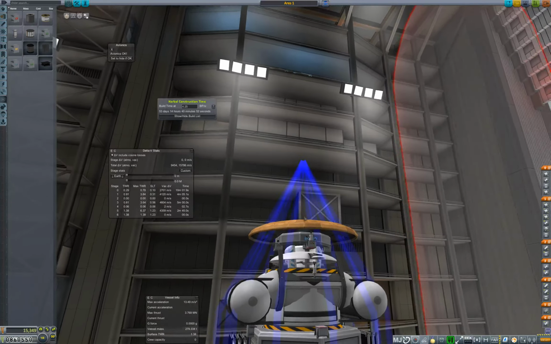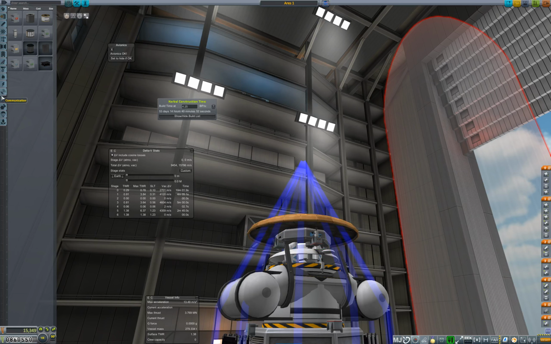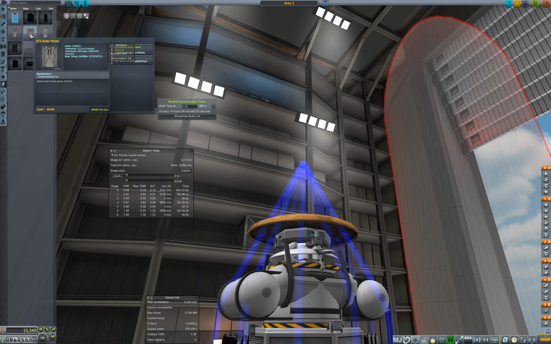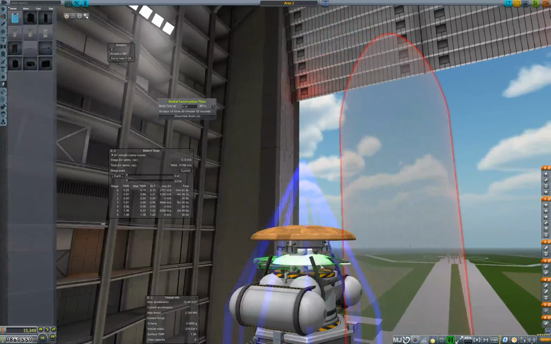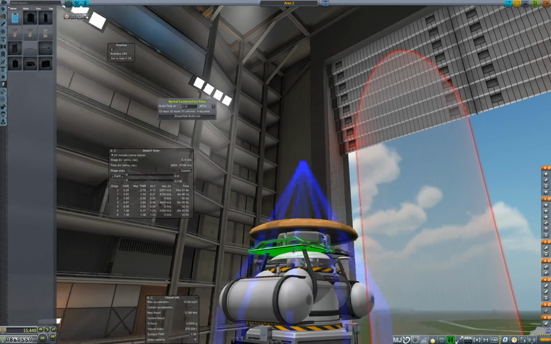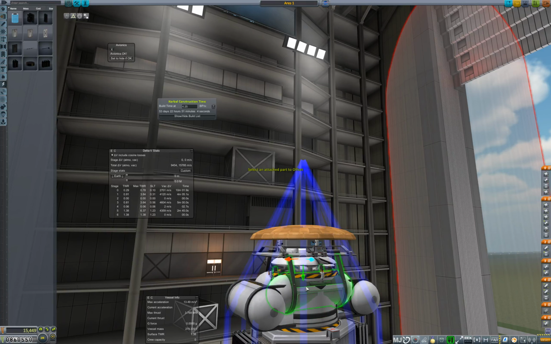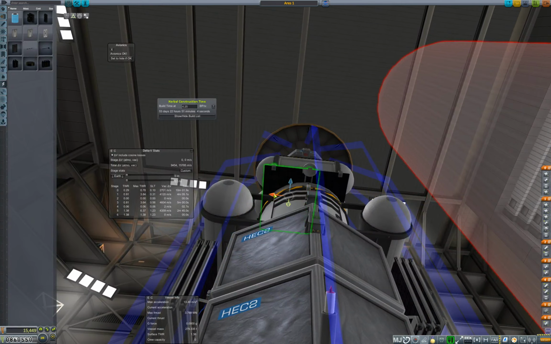What else? What else do we need to do to this? Some solar panels will be nice. Wonder if I can manage to fit any of them on here. All right, and we're still under the mass limit. Good. So we'll offset this upwards so that we can actually see what's going on. Put the solar panels here. Move them in a little bit so that they don't...